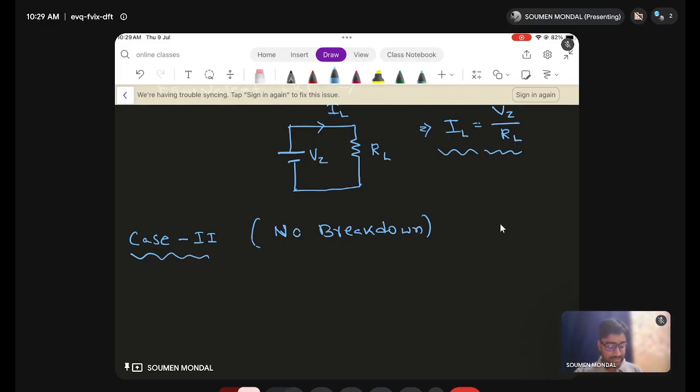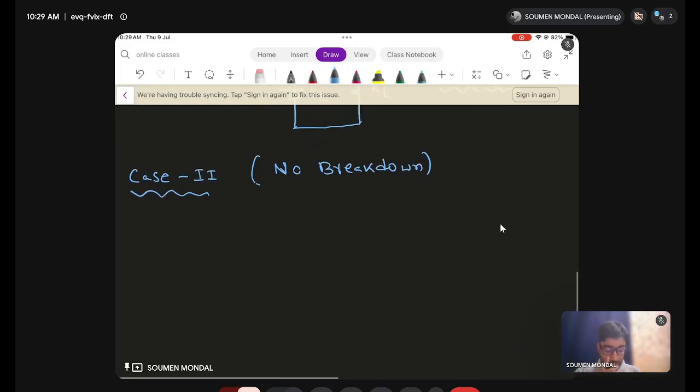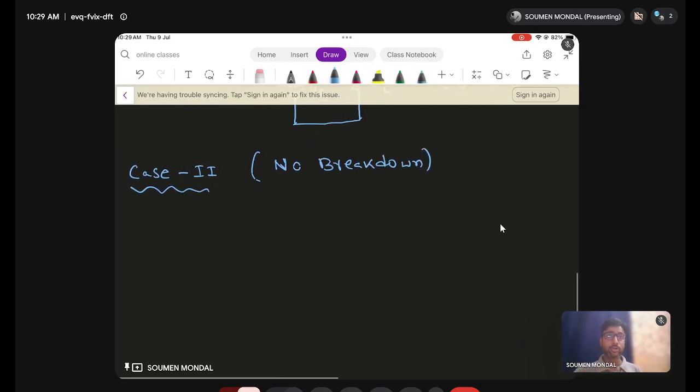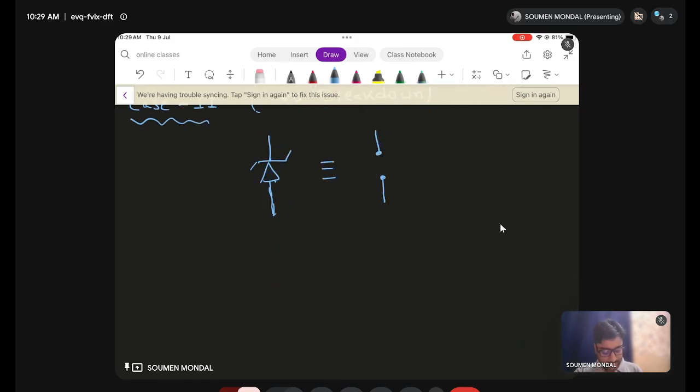It's also an easy case, nothing to worry about. So when a breakdown doesn't occur, or the diode does not start conducting, then the diode has infinite resistance, or we can think the diode is actually not there. So here we replace the diode by just an opening. So our equivalent circuit becomes